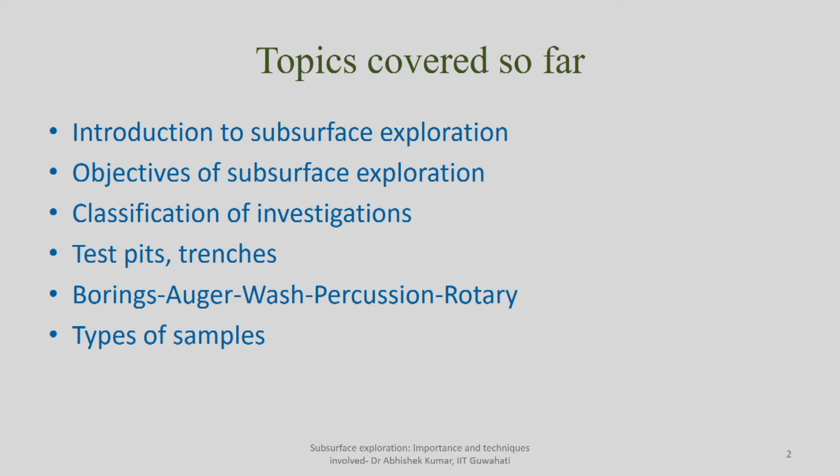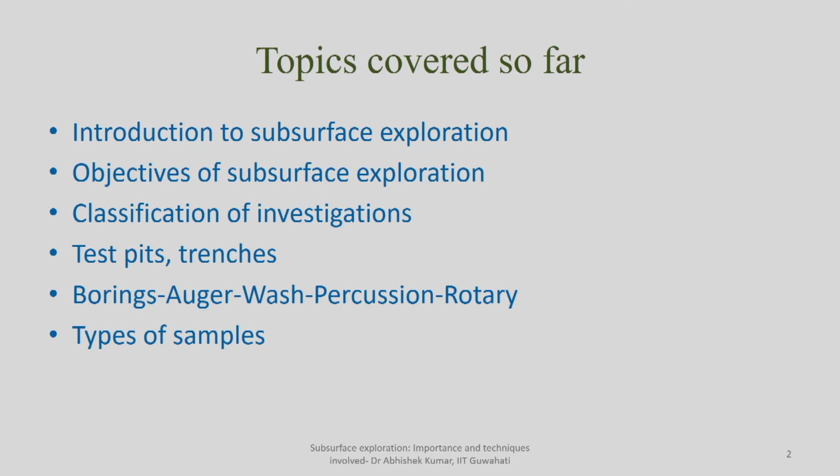In boring, the principal objective is to proceed with a borehole at deeper depth. Depending upon our design considerations and recommendations from field engineers, we can collect representative or undisturbed samples at different depths. But since sampling is not done throughout the depth, boring is used so that you can advance the borehole quickly and reach the desired depth at which you can collect the soil sample. Of course, you have to measure the groundwater table condition as well. And then we discussed the different kinds of samples you generally collect: representative samples, non-representative samples, and undisturbed samples. Those are the topics we had covered so far.